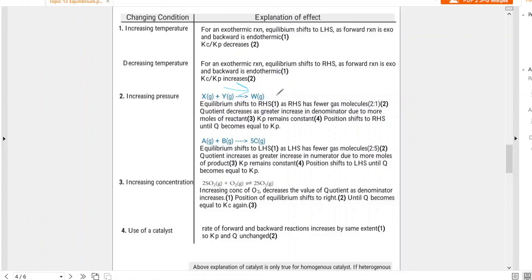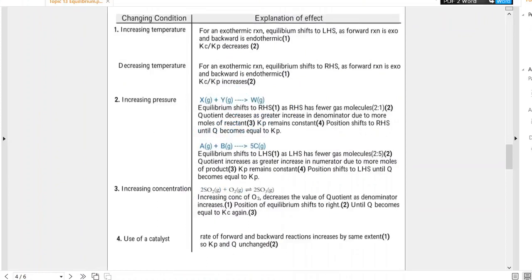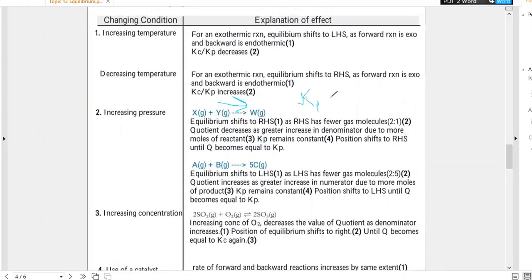Now this is quite counterintuitive, because Kp was Pw over Px Py. This is the expression for Kp. So increasing the pressure, quotient decreases. Why does it decrease? Because of the increase in the denominator. Increasing pressure increases the partial pressure of all of these equally. Partial pressure of all of these increases equally with increasing pressure. So as there were 2 here and 1 here, the denominator is increasing more and the numerator